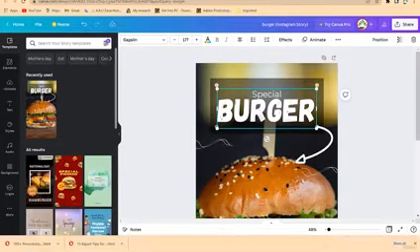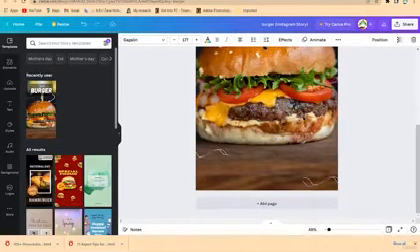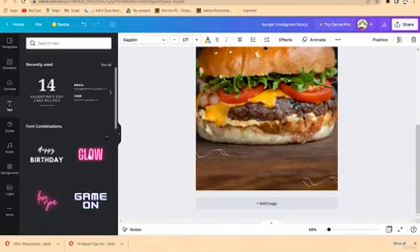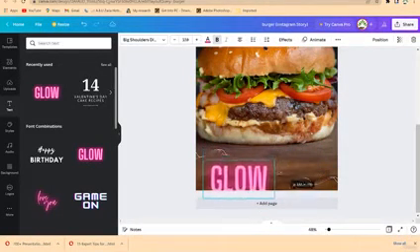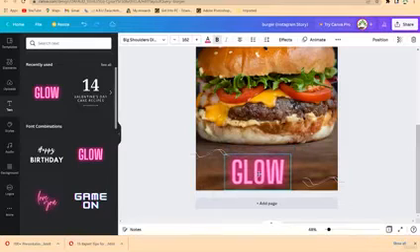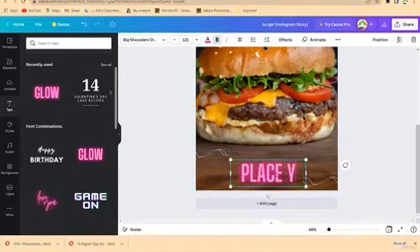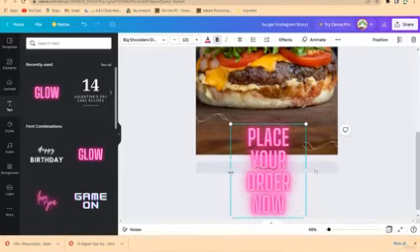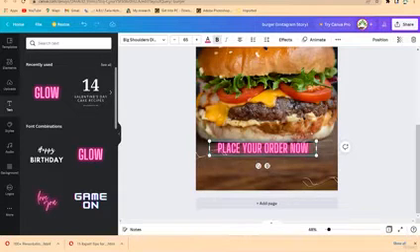If you want to change the coloration of this, you can also, or you can just come over and put down your details over here. So you can come to text, and then you can check everything. Maybe you can bring in this, and you can bring it down, kind of reduce the sizing, and see what you can do. So maybe you can put in a call to action, place your order now. So you can just select it and reduce the sizing, okay, and you can bring it down,